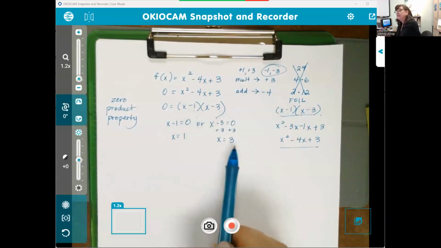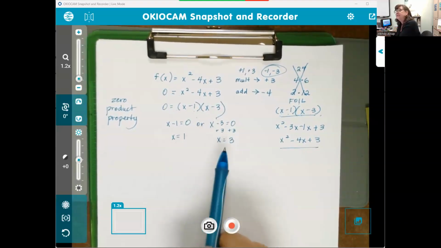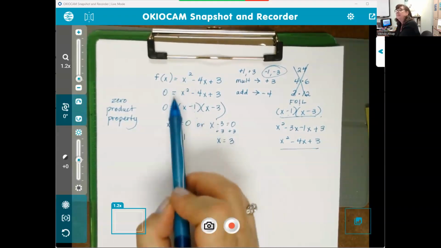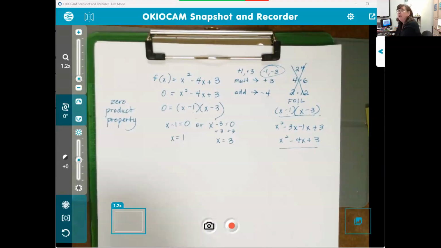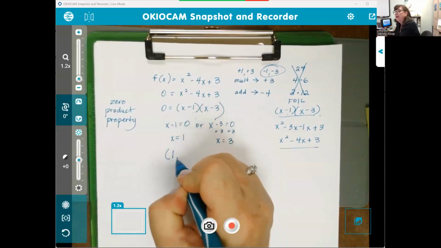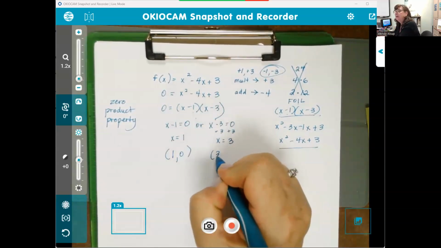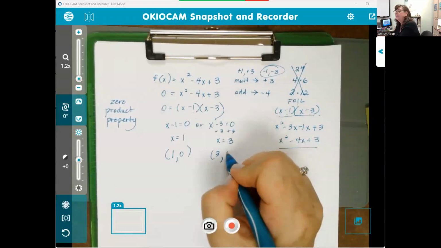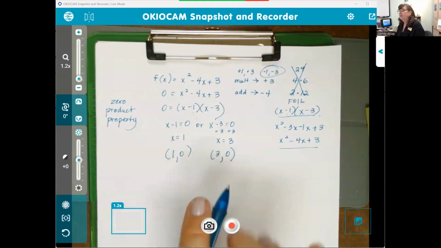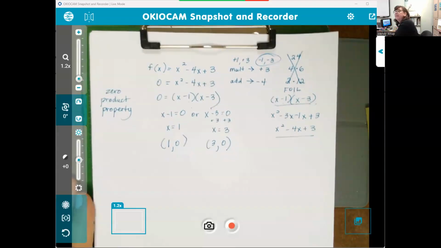These then are your solutions. They are your x-intercepts. They are your zeros. In other words, they're the zeros because these are the values that make the function equal 0. The ordered pair that we have here is that when x is 1, y was 0, and when x is 3, y is 0. Okay, now, these are where the graph crosses the x-axis, and we can show it here on our graphing calculator,